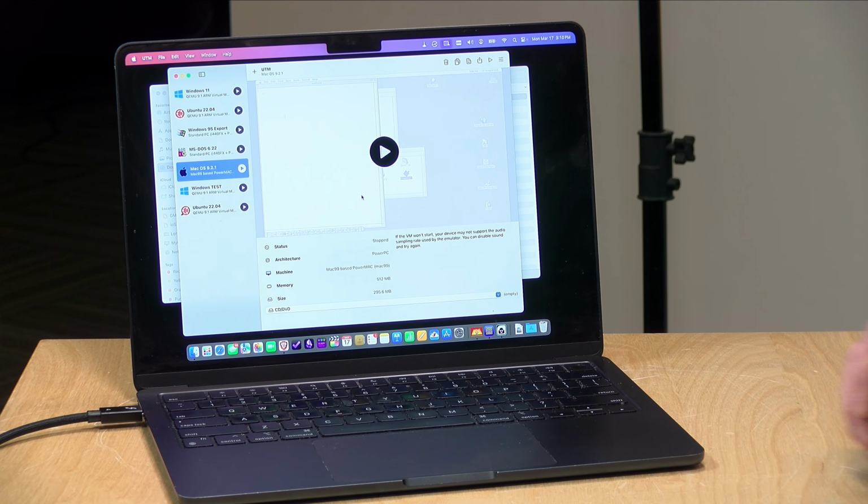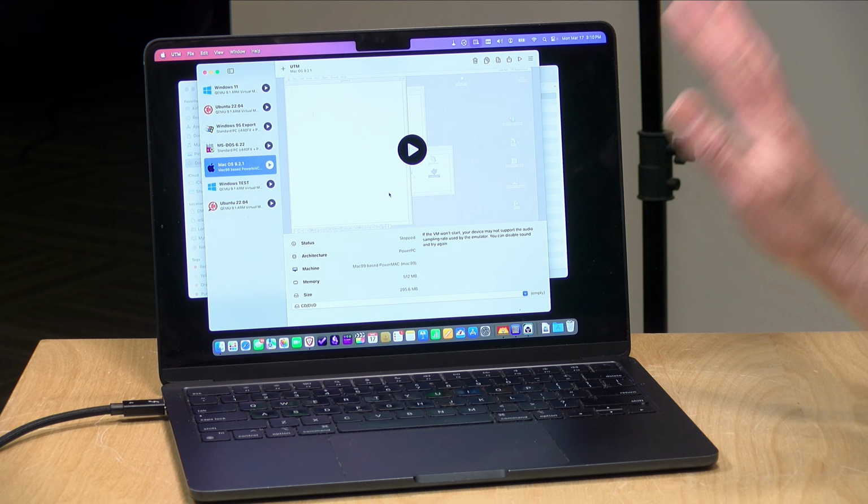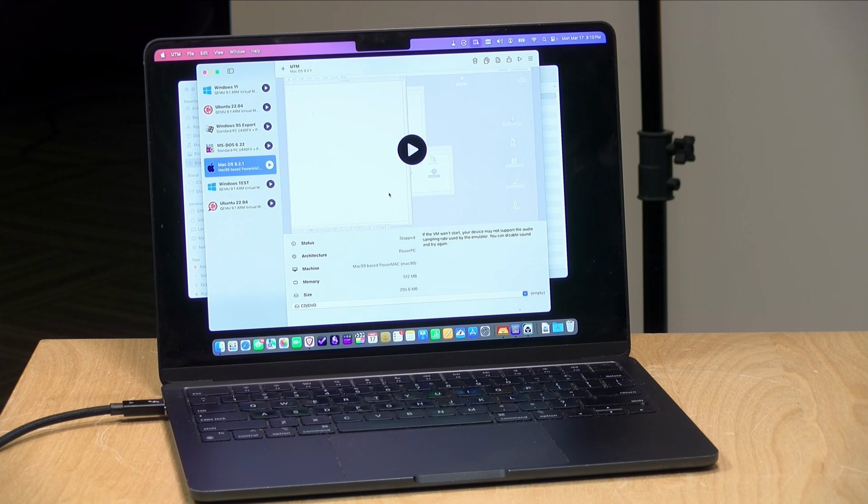Free of charge, worth trying out, especially if you've been thinking about getting one of these Macs. You do have a lot of virtualization and emulation options within this application. And of course, there are lots of other standalone emulators that you can run older systems with too. So that's going to do it for